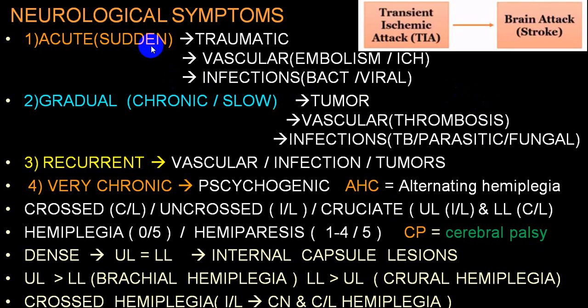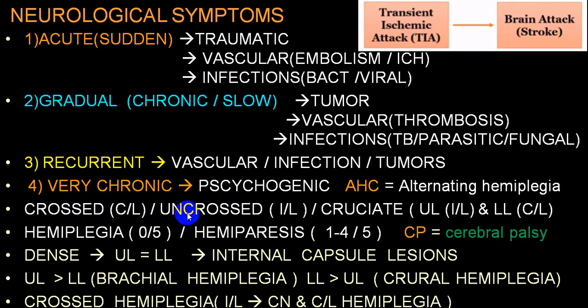Now, as far as a stroke is concerned, you will have to find out whether it is traumatic, vascular or due to infection, or if it is tumor, vascular or infective pathophysiology as a chronic onset, because by and large the stroke is mainly because of a vascular etiology. So among vascular etiologies you will have to establish whether it is embolic, ischemic heart disease or because of thrombosis. So that you will have to find out, and then you will have to make out whether it is